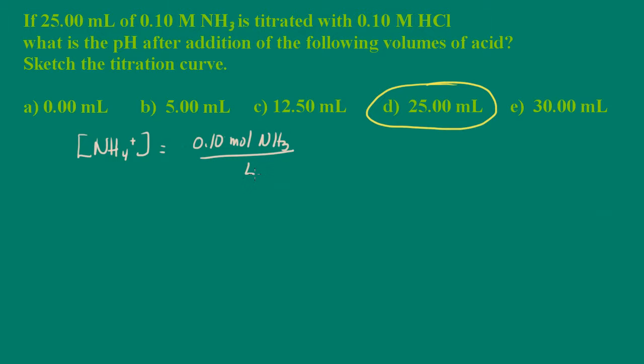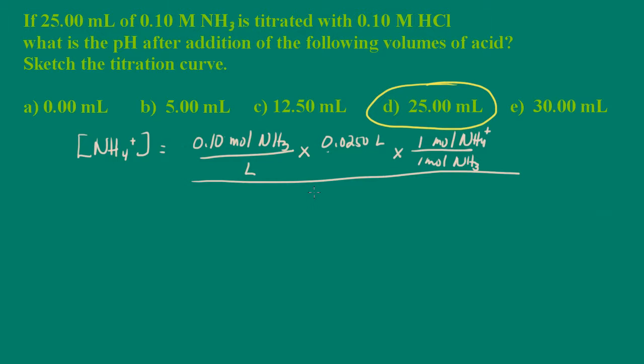And I'll just put that as moles per liter. Okay. And so we have 25 milliliters, or 0.025 liters. Okay. And then we have to realize that we have a 1-to-1 mole ratio of ammonia to ammonium ion. And then we just go ahead and divide all this by the total volume, which is 50 milliliters, or 0.05 liters. And once we do that, we end up with 0.05 molar